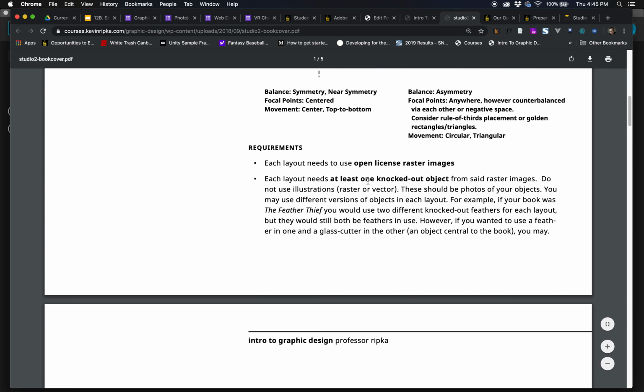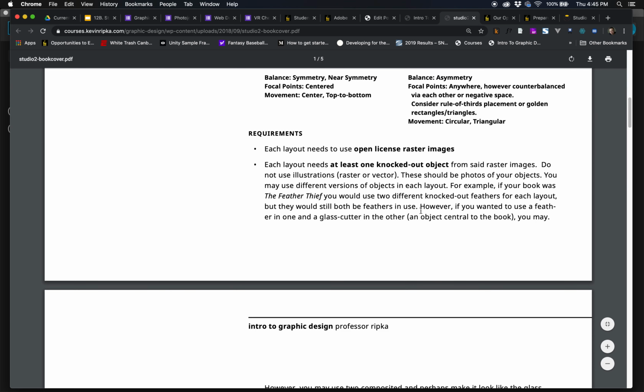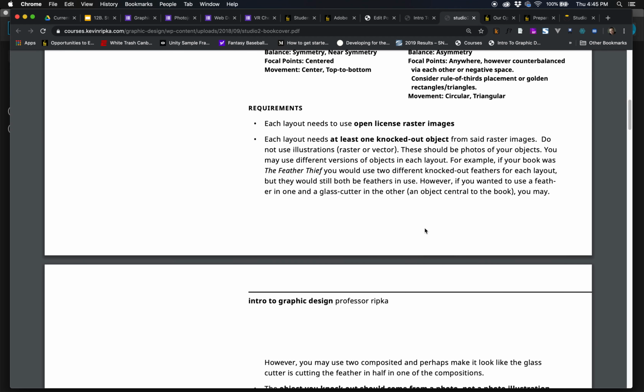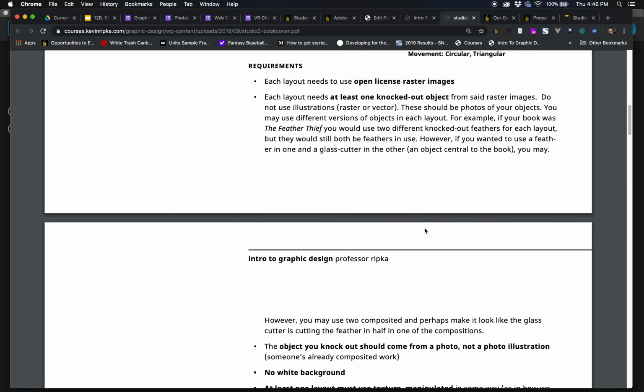Each layout needs at least one knocked out object from raster images. So again, this is you compositing things. You shouldn't in any way find someone else's composited photo illustration to use in this because you're going to be providing me with your original images. You're doing all the thought and compositing work in this, right? So find a single picture of a clock or a single picture of a feather and knock it out. Don't use someone else's composited work and knock it out,